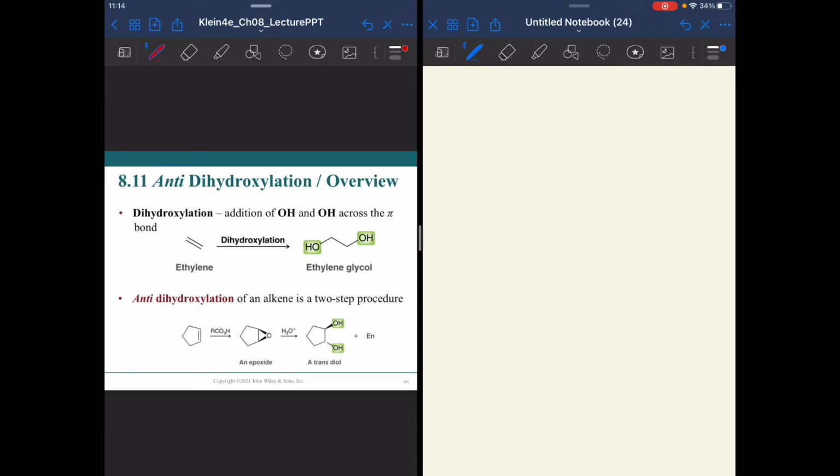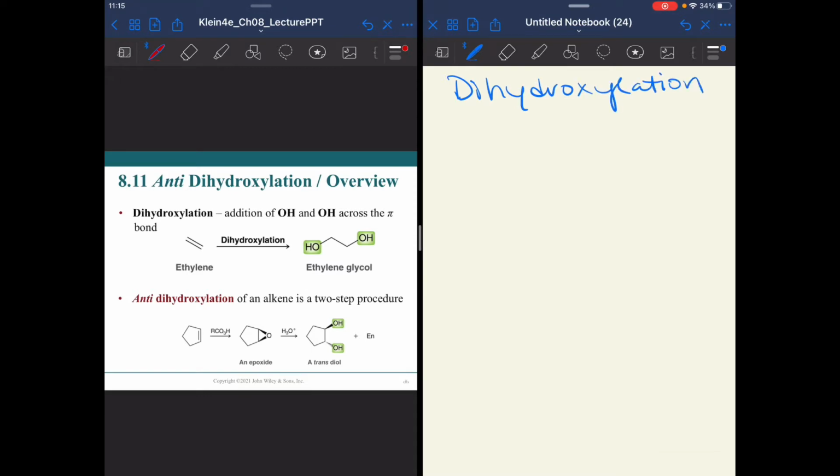Chapter 8, part 5 has three more reactions to cover. But for each of these, we only have one where we need to know the mechanism. So we get a little break on mechanisms here towards the end. Now, the first two are